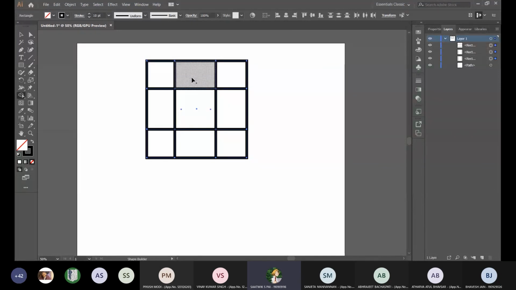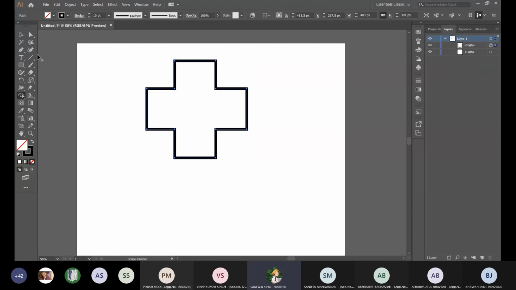But what if I want to delete these? When I'm making a cross, I don't want these portions to be left, right? I don't like these. I just want this portion. So I hit Alt and you notice, ठीक है? Pointer में अभी pointer के बाजू में plus है. That means I'm building something. I'm joining these shapes. I'm adding this, and this to make a cross. But I want to delete this, so I hit Alt. It goes minus. Deletes. Now I only have this.